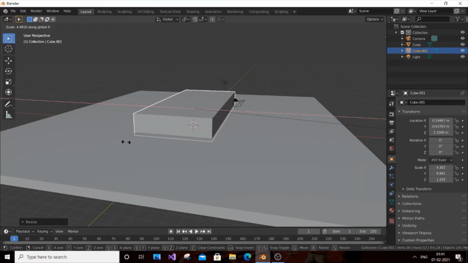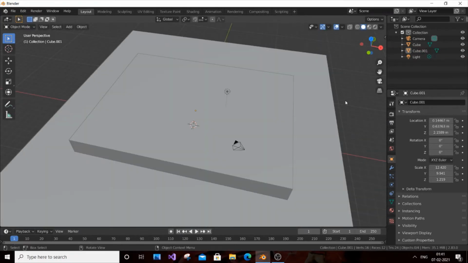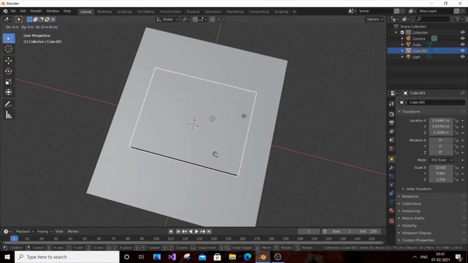Just drag it. Okay, and drag it. Okay, that's good. So now if you just go to top and see, that's looking pretty good, I would say. Just select and move it by selecting it. I'm not selecting that. Select the cube alone, press G and just move it with your mouse. I would recommend you to use a mouse instead of using your touchpad in your lap. So mouse gives you optimal control. It's more efficient, I would say, and makes your work pretty easy. So that's my suggestion.